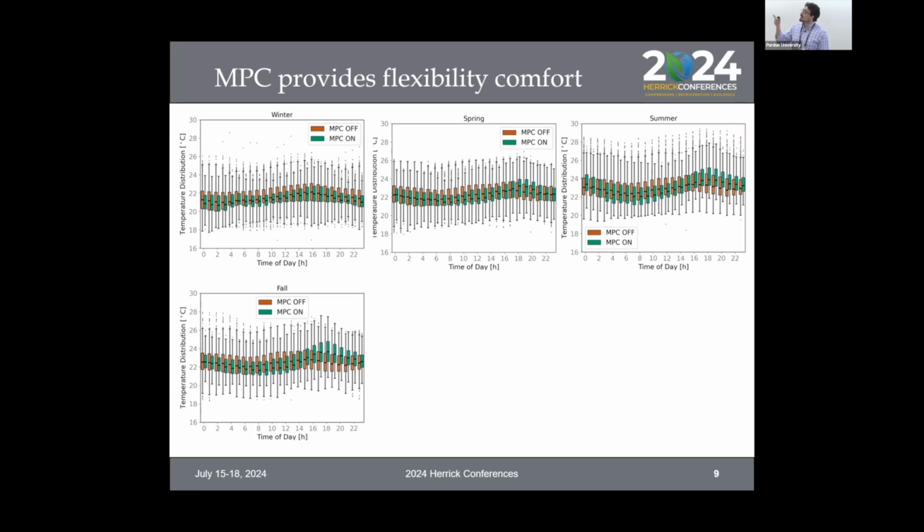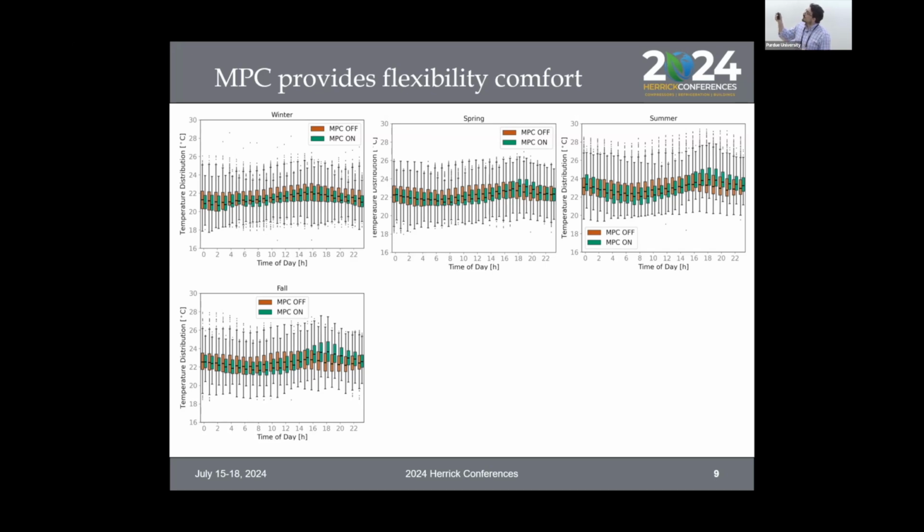And in fact, here you have the same box plot, but in this case, instead of having the energy consumption, you have the temperature distribution for all the zones of the building for the different seasons. And you can see that more or less the trends are similar. Of course, the MPC shifting the demand tends to pre-cool a little, preheat the building, and then tends to,